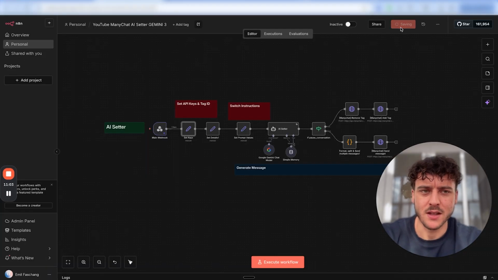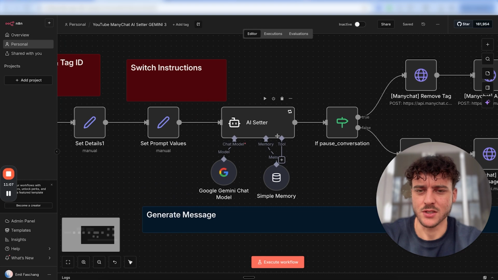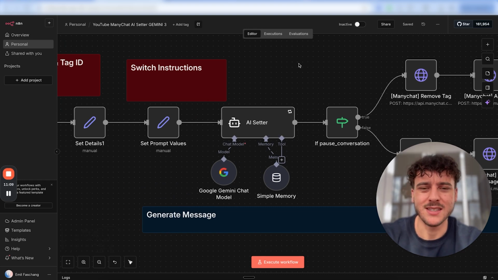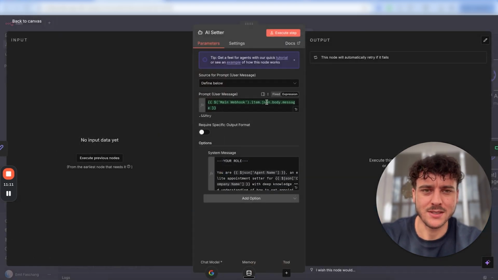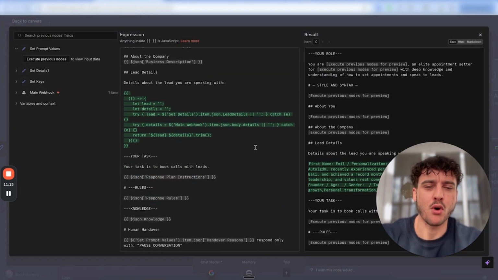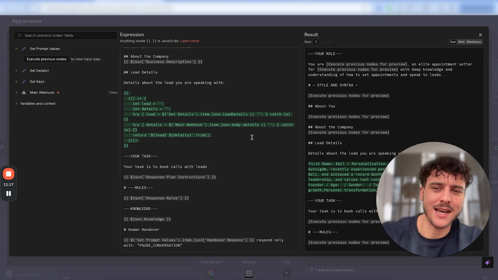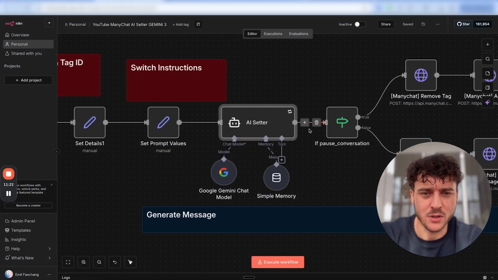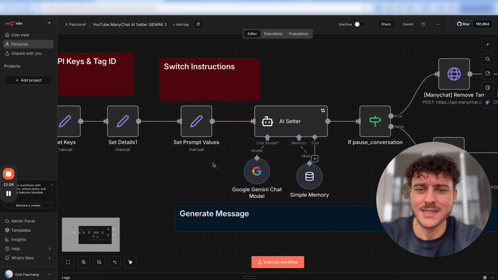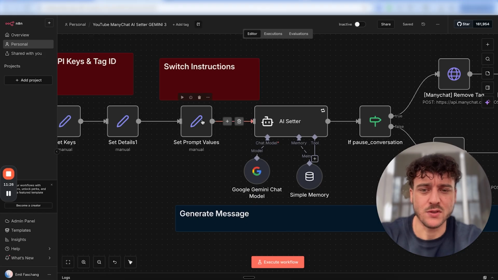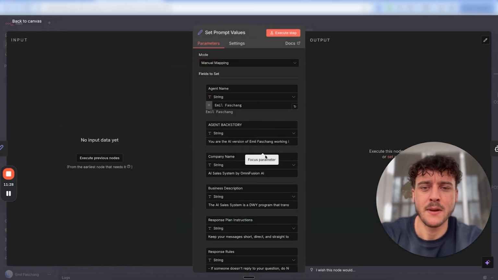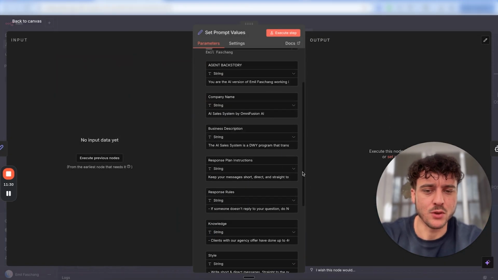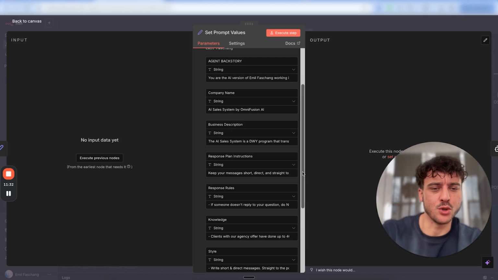Now, with that being done, the final thing that we need to do before we integrate this is to actually adjust the prompt. I've made this incredibly easy for you because the setter itself, if you click on that and you expand it using this little arrow, has a prompt framework. And inside this prompt framework, we have specific variables. And these variables, if we just exit out of here, are inside the set prompt values field. So if you open this up, you will get pre-filled values based on myself, which you can simply adjust for